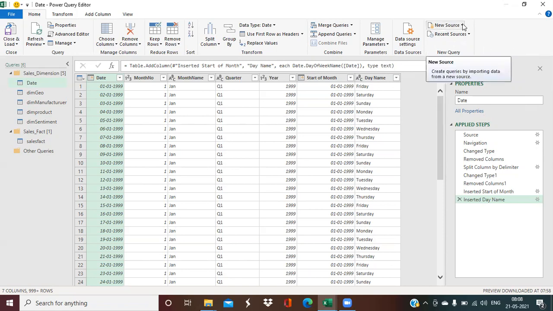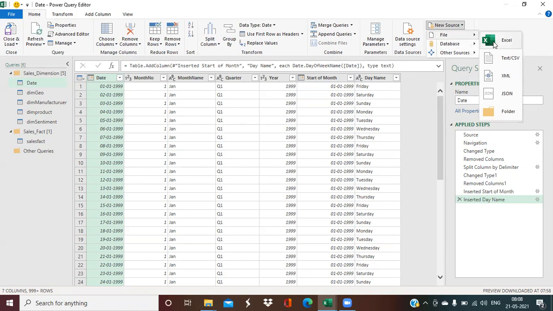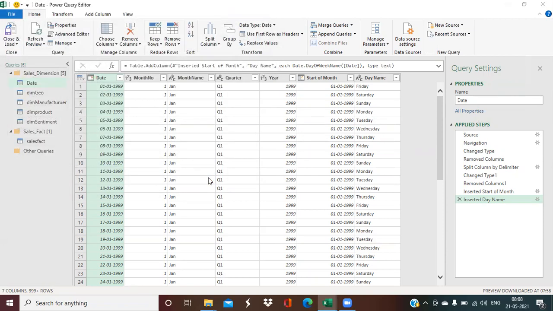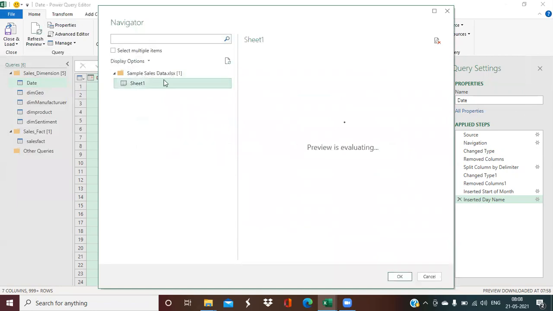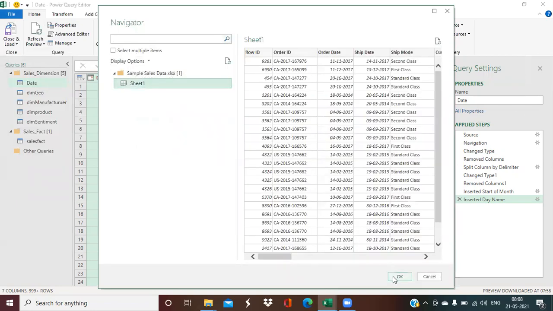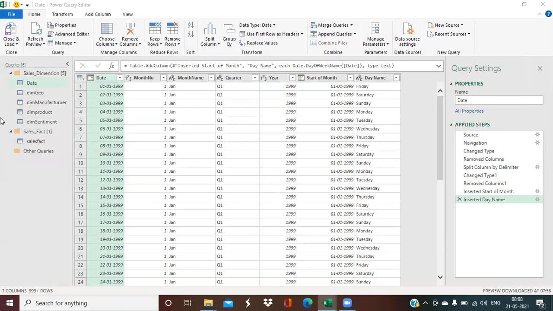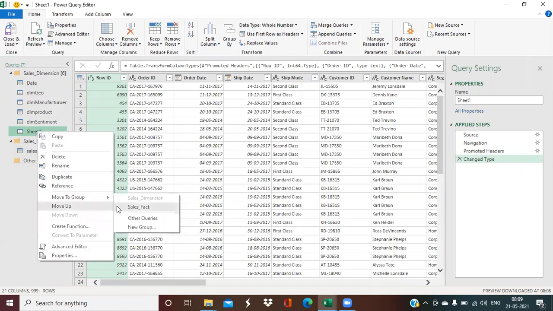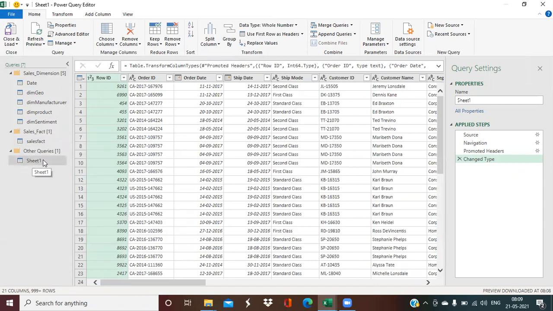But I'm just telling you here, if you need to add a new source, you can go here to file and choose any file. It may be an Excel file. So let's say, for example, I'm choosing the sample sales data and importing it. It will import it into the same section. I want Sheet 1 to be loaded. Then hit OK. It will be loaded here on the left-hand side of your query section. You can see here, we got it in other queries. Now we got Sheet 1. If you need to move it to any other group, you can move it. Okay, move it to other queries. Done. In the next video, we will talk about how to merge this data with the already existing fact table.